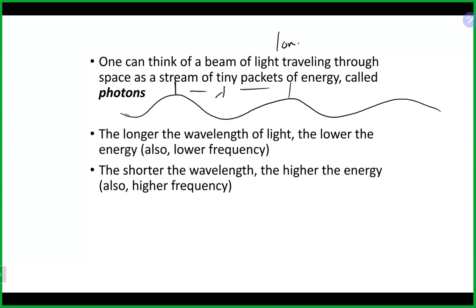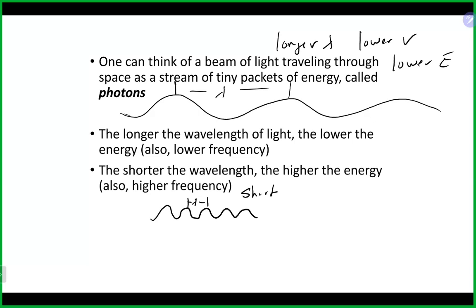Typically a longer wavelength usually means a lower frequency and usually means lower energy. So the longer the wavelength, the lower the frequency, and the lower the energy. If you have a shorter wavelength,